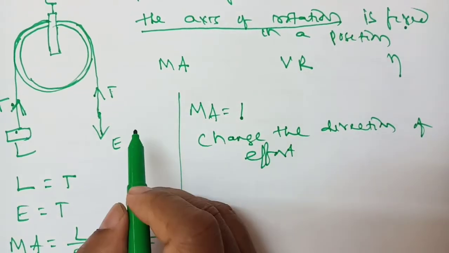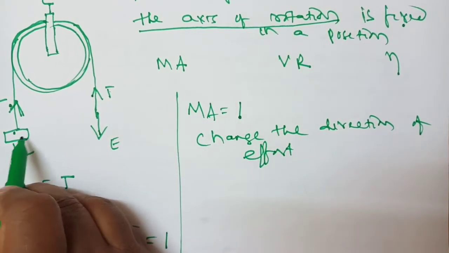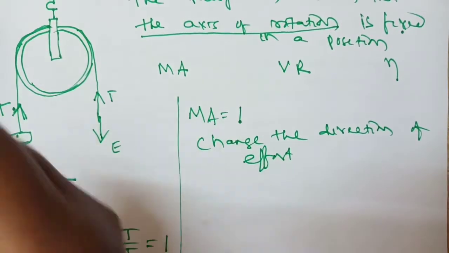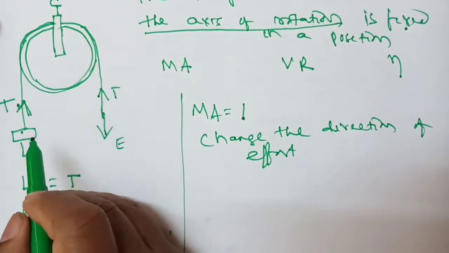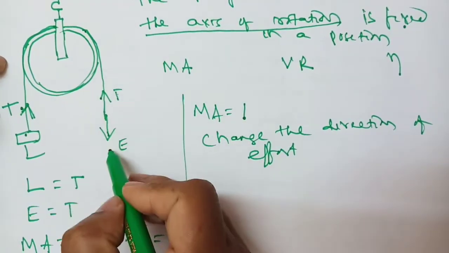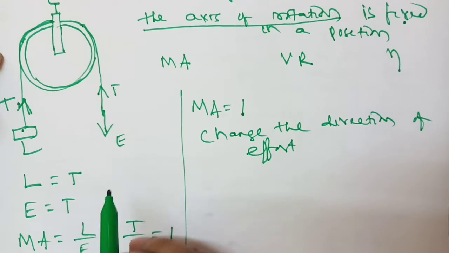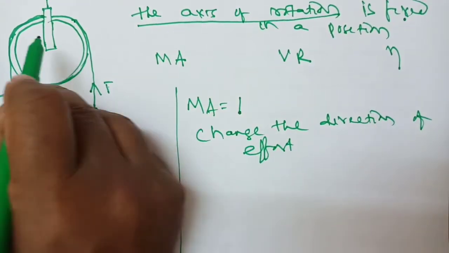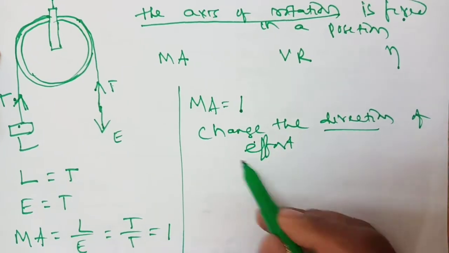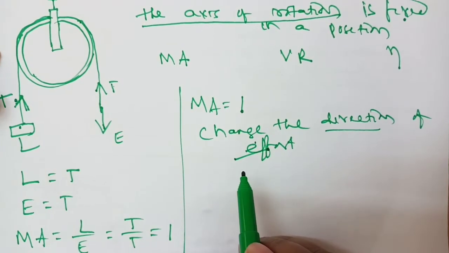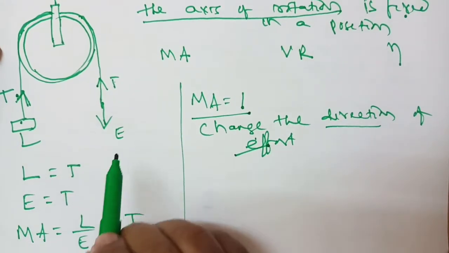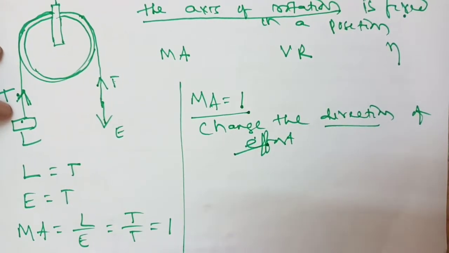So I am telling one example. Suppose you are taking a bucket of water from a well. If there is no pulley used, you are applying force in upward direction. So it is very difficult. If you use pulley, what happens? You are applying the effort in downward direction in your convenient way. So the single fixed pulley is used to change the direction of effort. This is important function. As mechanical advantage is 1, there is no loss, no gain. But why are you using single fixed pulley? Only to change the direction of effort.